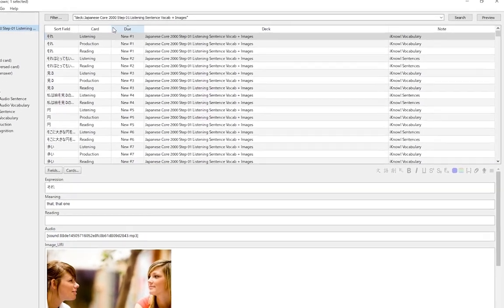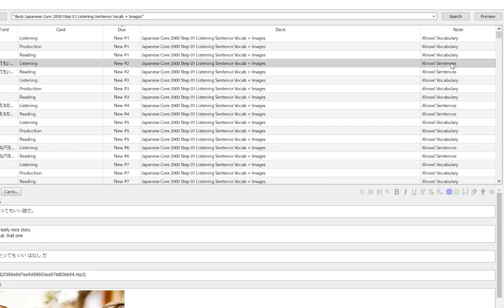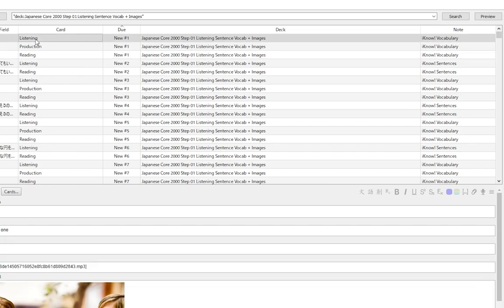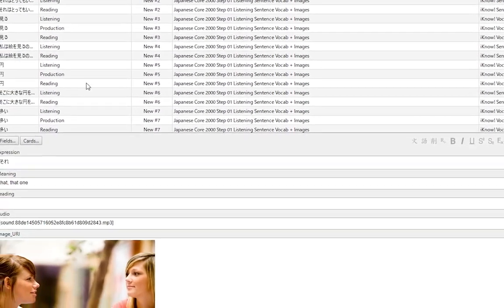If we go over here, you can see that they have 2 note types, vocabulary and sentence, and each of them has some different cards. Like here the vocabulary one has listening, production and reading cards, and the sentence ones have listening and reading. So all of those have to be registered in the add-on itself for this to work. So obviously, depending on what kind of deck you are using, you have to look in the browser what fields you have to register. And obviously also look in the cards itself.